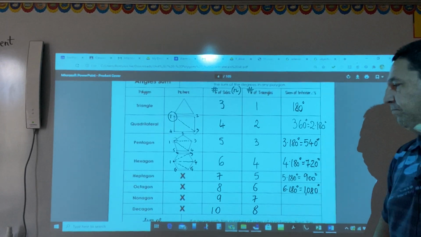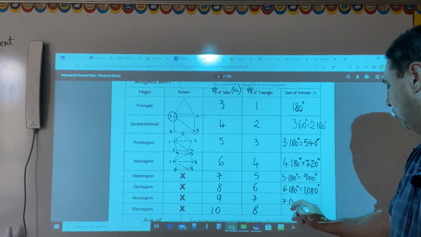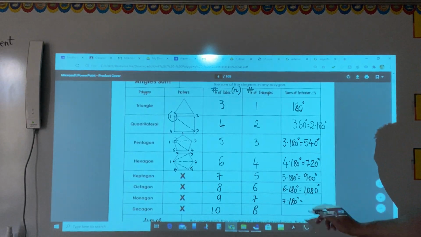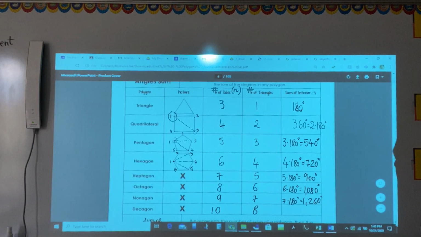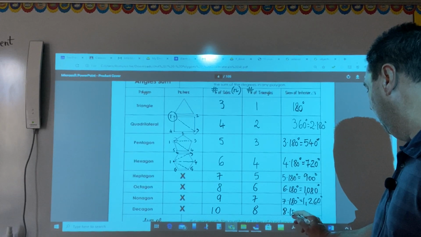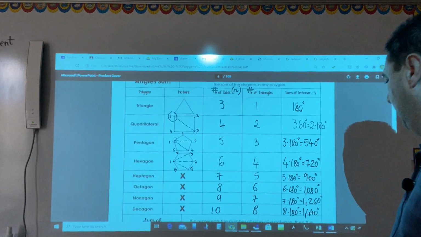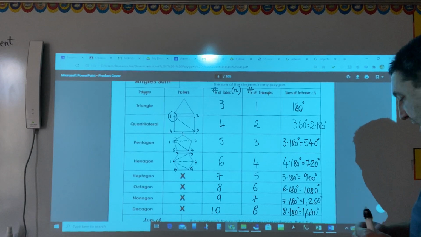1080 degrees. For a nonagon, we're going to have 7 times 180, which is 1260 degrees. And for a decagon, we're going to have 8 times 180 degrees, which is 1440 degrees. Now, keep in mind,